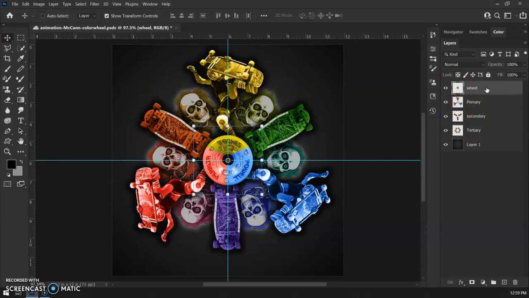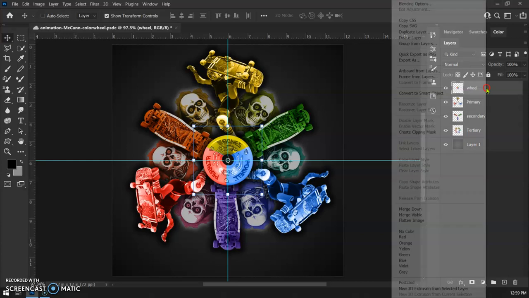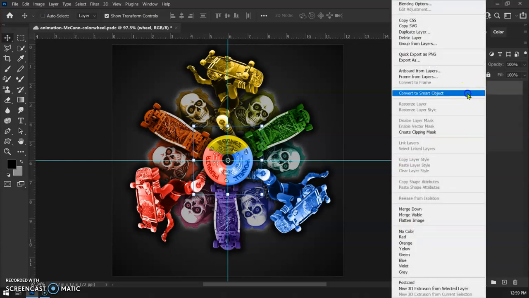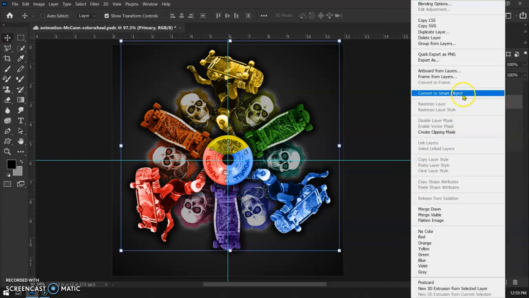The last thing that we need to do before we move into animation is we're going to right click, and we're going to make each one of these a smart object. So just hit Convert to Smart Object,